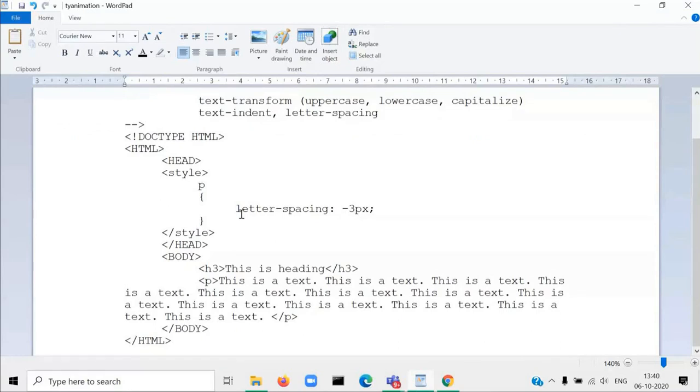The next property is line-height. This property is used to set the gap between two lines, the space between two lines. To adjust the gap between two lines, this property is used. The line-height value can be given either less than 1 or greater than 1. If it is less than 1, the height will be reduced. If it is greater than 1, the height will be increased. For example, suppose 0.8